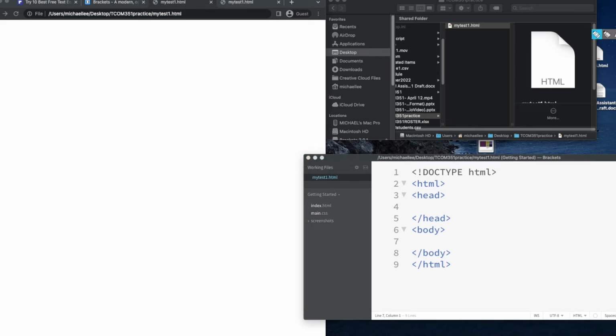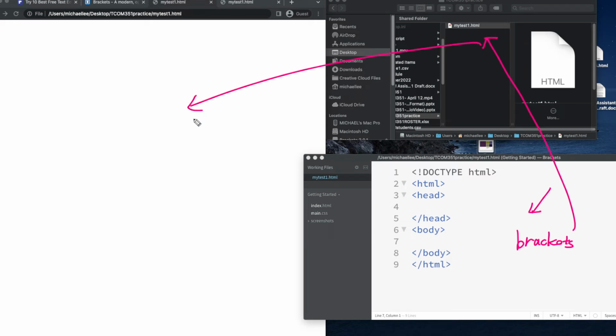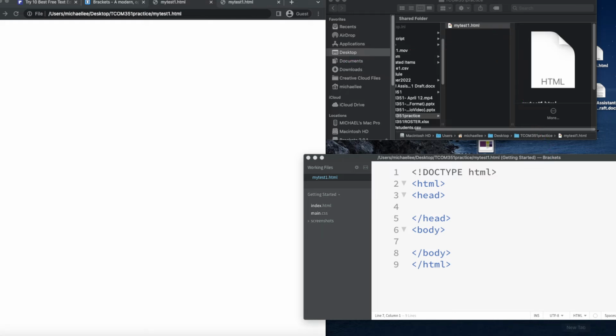So far, we used Brackets as a tool, and we save it as an HTML document, and we render it in a browser. So we just learned how to do that with the browser. Okay, now let's go back to our